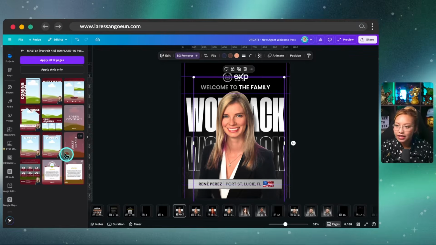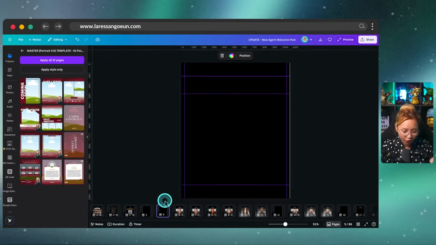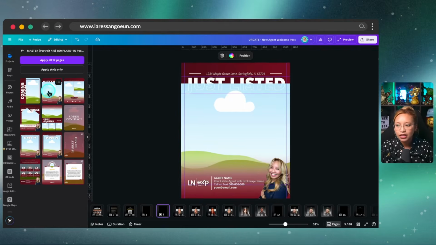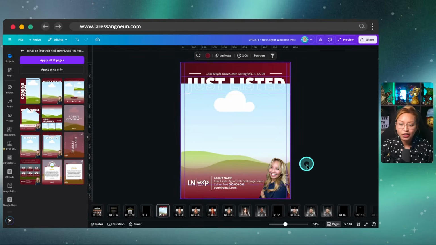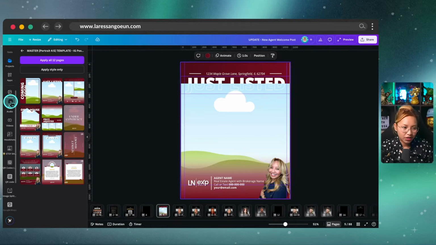Let's say I was creating this design previously in another Canva project, and I like this one, so I'm just going to add a new page here, and what I can do is simply plop this in, and I have the exact elements from that previous design, so I don't have to make it from scratch. And then all you have to do in this case, because it's a just listed status,